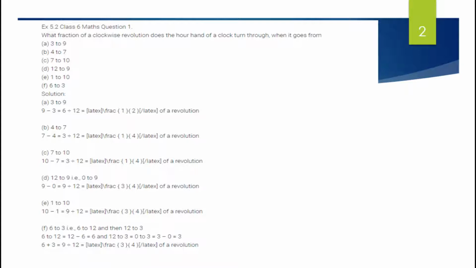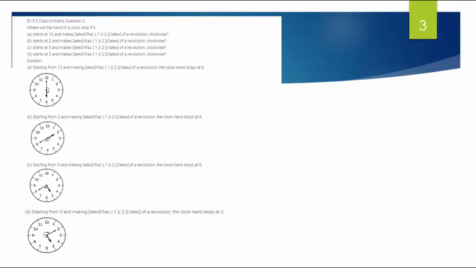When we are moving on to the D part, it is 12 to 9. So this question shows the difference from 12 to 9 is a total of 9 hours. When there is a difference of 9 hours, it will be 3/4 of a revolution. Similarly, you can go for the next of the parts. Moving to question number 2,